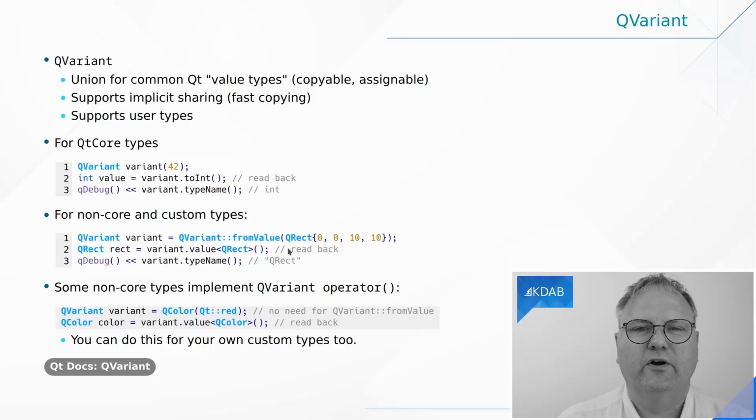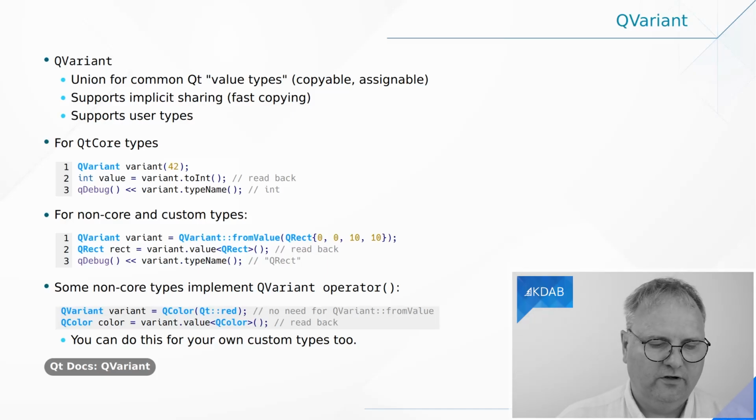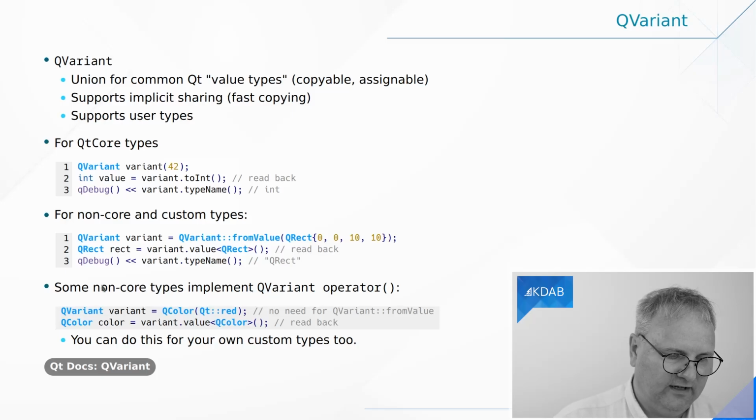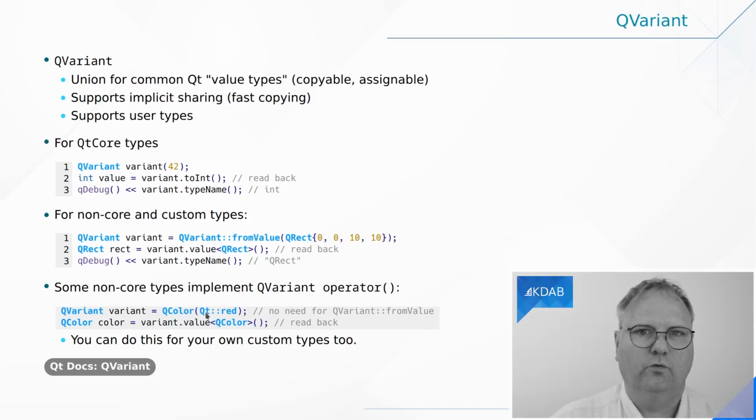So in model view programming, with the data method that I was hinting at before, you often return different types. So if you want to return a QRect, you could return it like this, but at least QColor, I don't know about QRect, but QColor has a built-in operator QVariant, parentheses, so parentheses close, returning a QVariant. So in those situations, all I can do is do assignment here with a QColor. I do not need to wrap it with QVariant::fromValue. And there's a link right here on the screen to a QWidgets and More episode where I talk much more about that little trick.